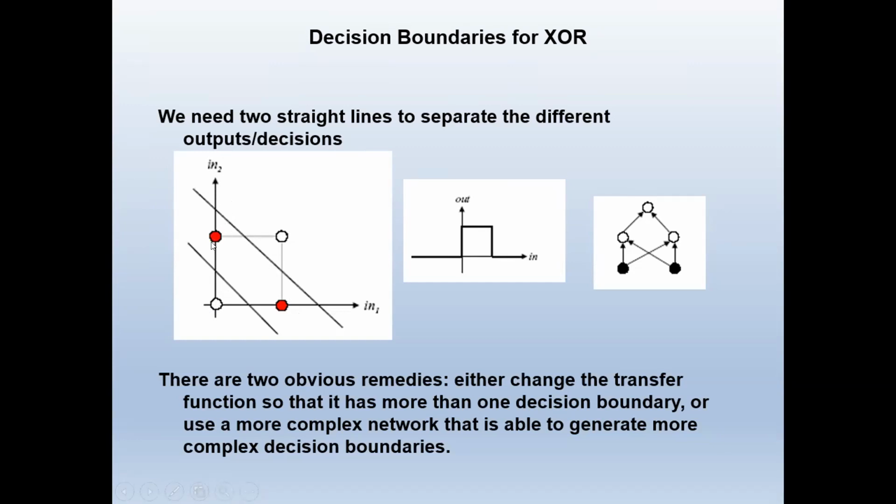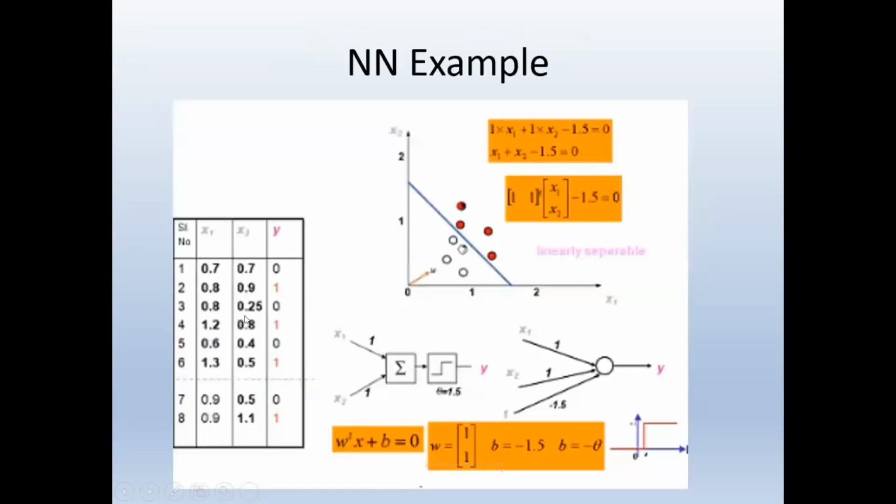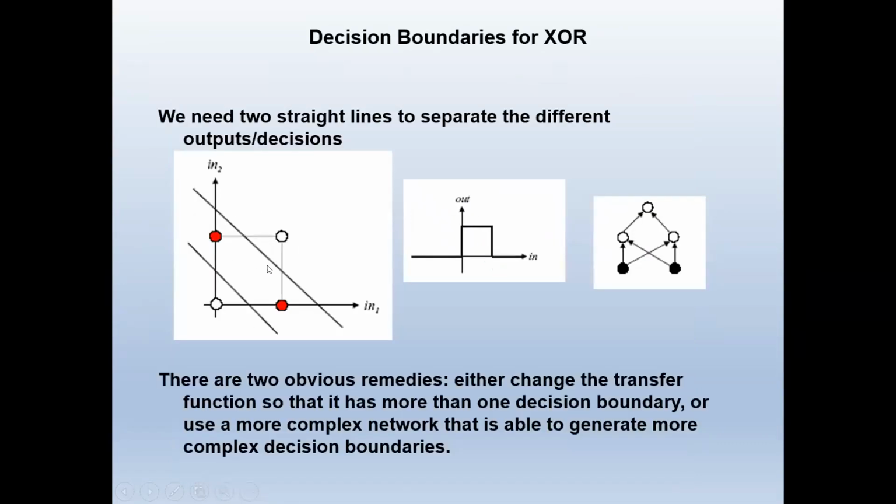Why? You can see this is a red color indicating one class. This is indicating another class, and this is also indicating the positive class. So we cannot draw a linear curve which discriminates the positive and negative, like here. Here we have plotted a simple straight line, right, which can discriminate the red color and white color. Here we cannot draw a single straight line which discriminates. Then how can we draw two decision boundaries, right?